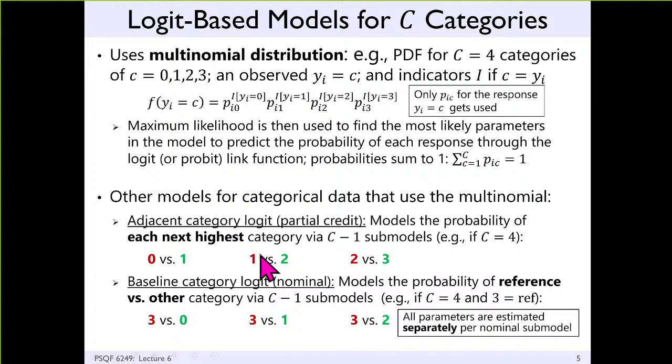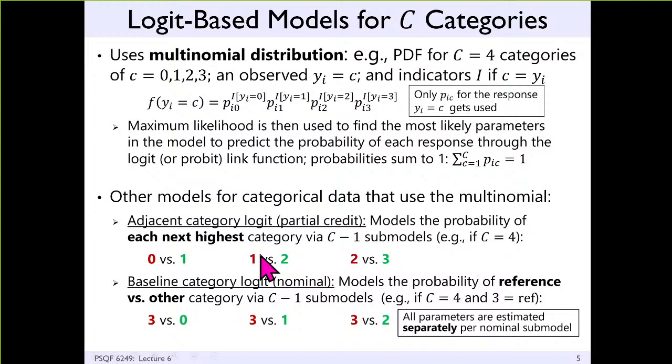So then those same ideas, in terms of how they're talked about in regression, have special names in the IRT literature. So the cumulative one, the one that uses all the categories in every binary model, that is what's going to be known as a graded response model or a modified graded response model for a simplified version. The adjacent category,